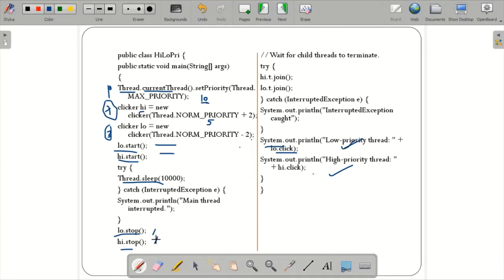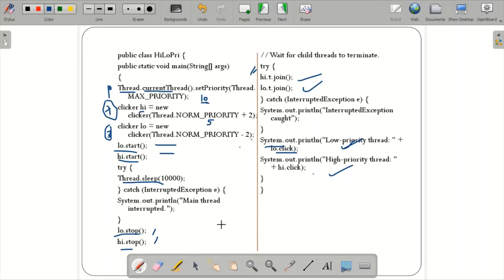Okay, in addition to this, when you tell low.stop itself, it's dead, right? High.stop and low.stop, and the thread is dead. In addition, just put one try block to check whether your thread has been finished: the higher thread has been finished and the lower thread has been finished. This is optional. Even if you don't put this, or put a comment line instead, no issue. This concept will be executed.